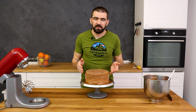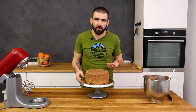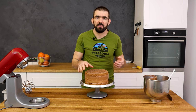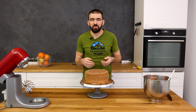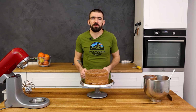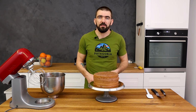I have put the two layers of cream, but as you can see, the cake is very soft at the moment. And if I try to put the cream on the sides now, it will be very hard for me because it will move everywhere. What I like to do is to put it in the refrigerator a little for 15 or maybe 20 minutes so the cream hardens a little, and then to do the sides, because it is easier for me with a stable cake. Okay, the cream from the cake has hardened as much as I needed it,